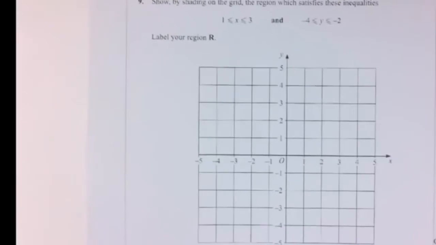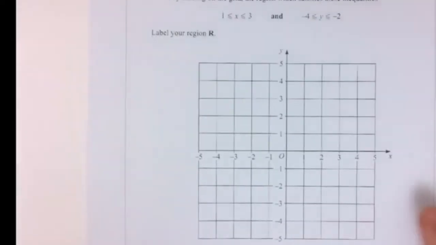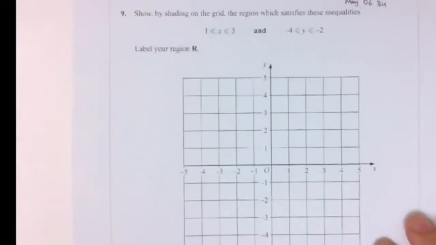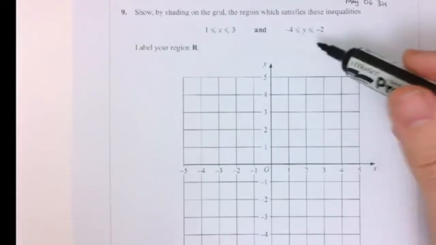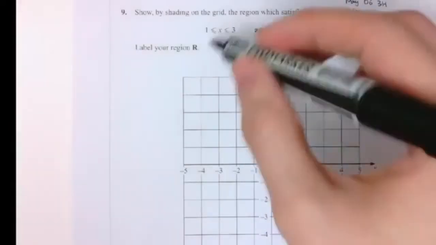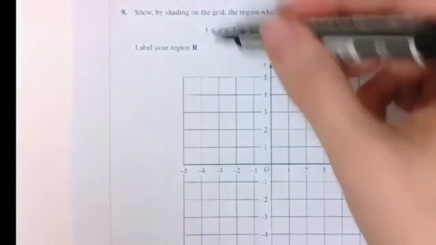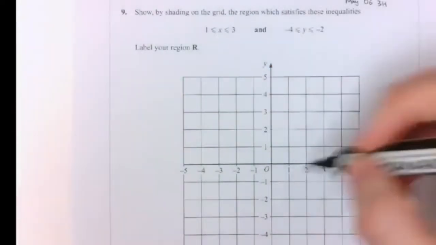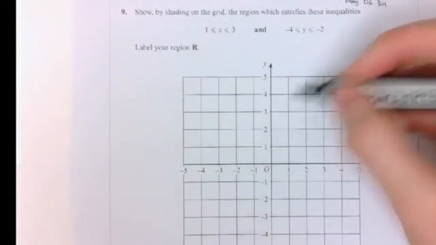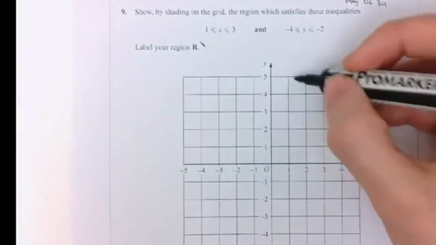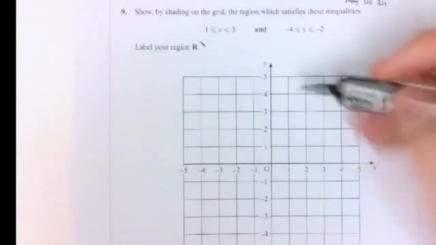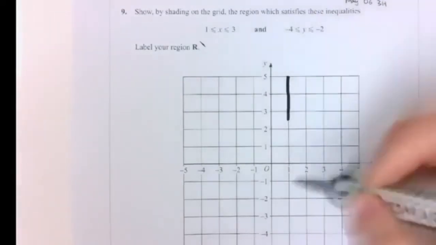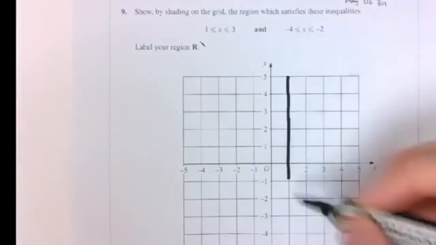Okay, next question. Show by shading on the grid the region which satisfies these inequalities. So we want 1 is less than or equal to x is less than or equal to 3, and minus 4 is less than or equal to y is less than or equal to minus 2. So this one first, x is between 1 and 3, so that's all the values of x between 1 and 3, and y can be anything for this inequality. Now it's a less than or equal to sign, so I'm going to use a solid line to indicate that,